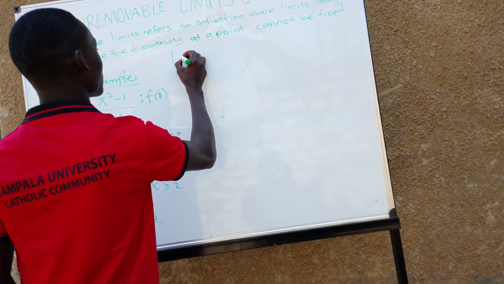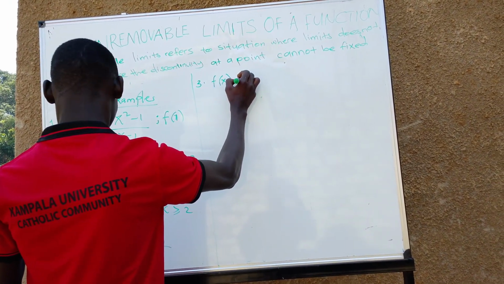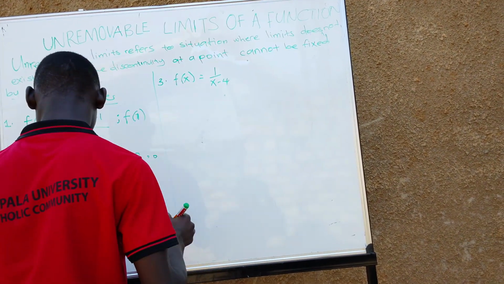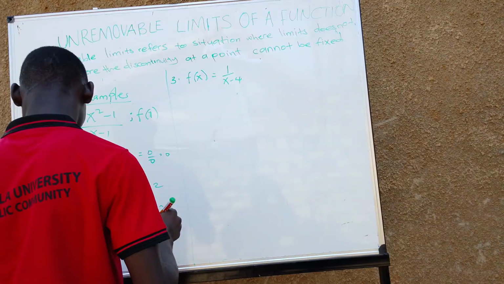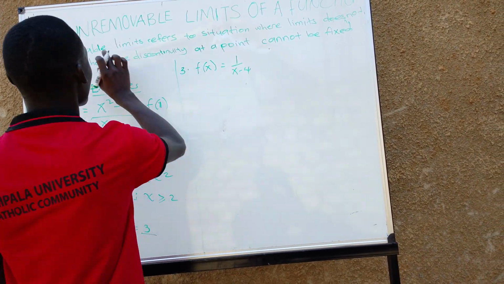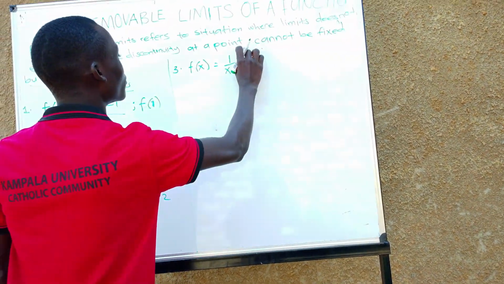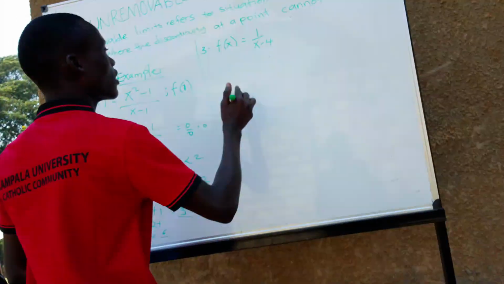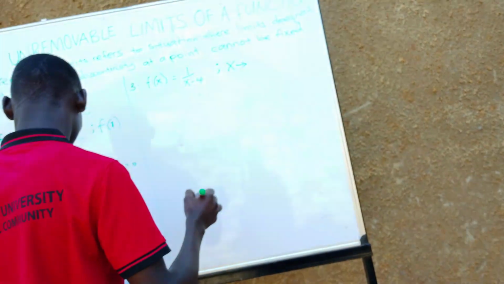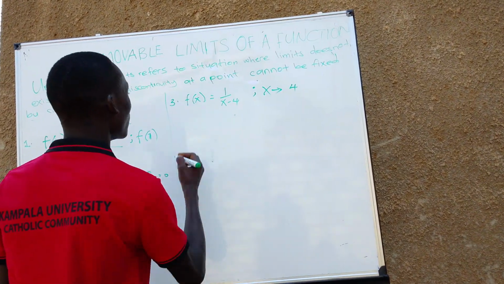If the function f of x is equal to 1 over x minus 4, then they are saying check whether this function is irremovable or removable. So we are going to check through. We can put it here for our x approaching 4. Let us use 4. For our left hand limits,